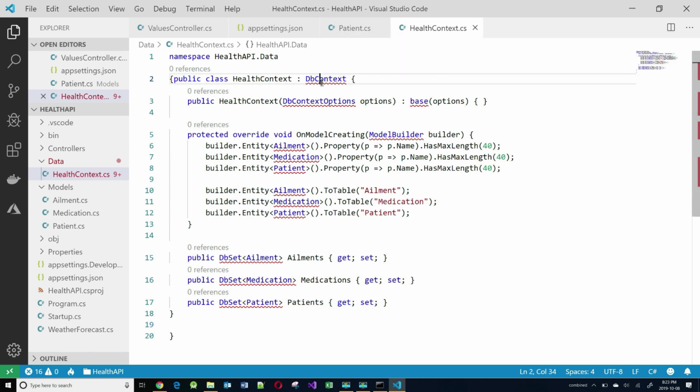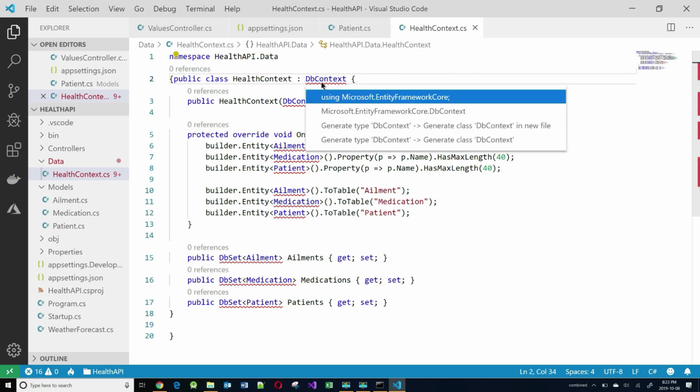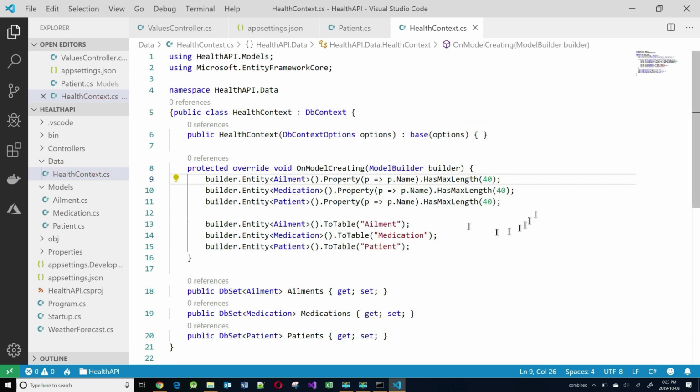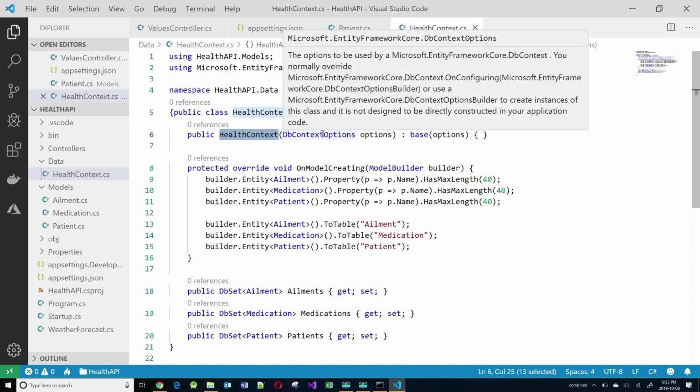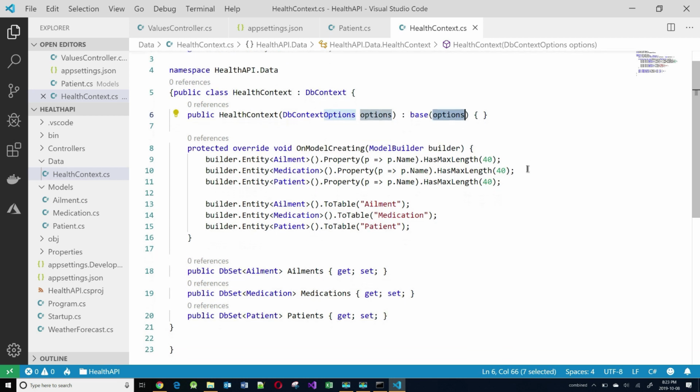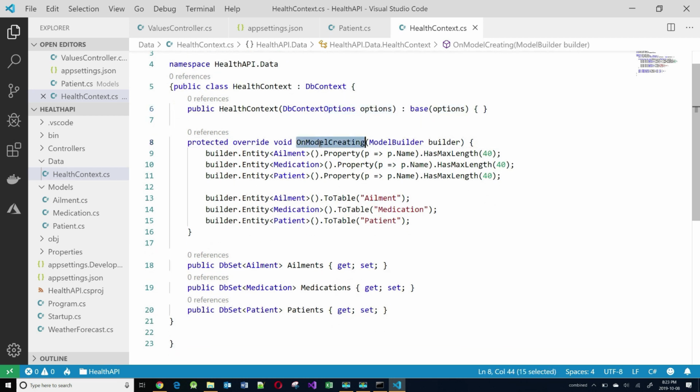Let me resolve some of these. So, my HealthContext has a constructor that passes the options over to the base class. And there's an OnModelCreating method here, but before we talk about the OnModelCreating method,